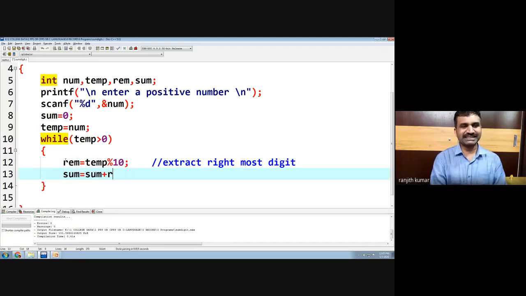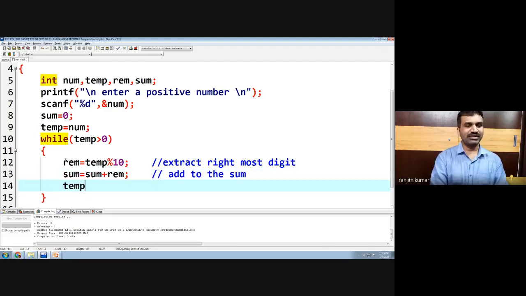So first extract the digit and add it to the sum variable. Next we remove the digit so that we can extract the next digit. So temp is equal to temp divided by 10. This removes the rightmost digit from the number. Are we clear?